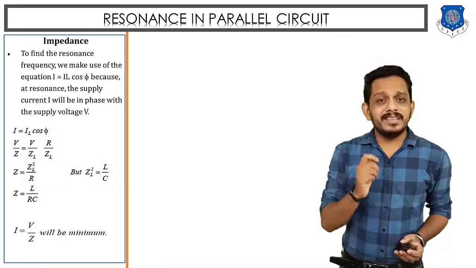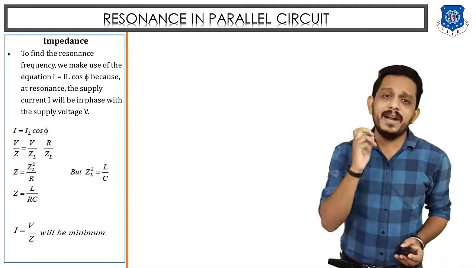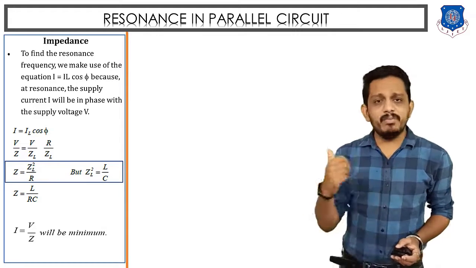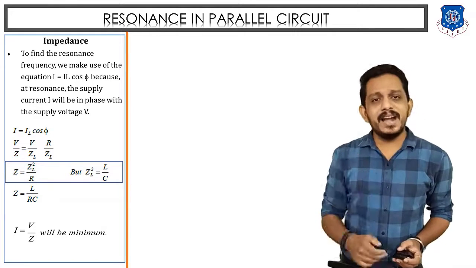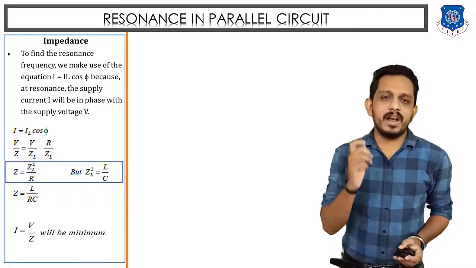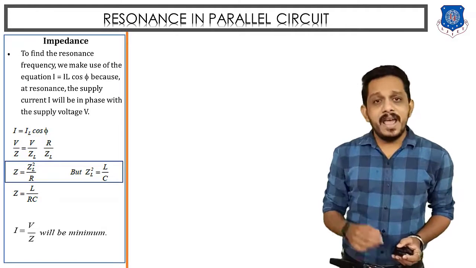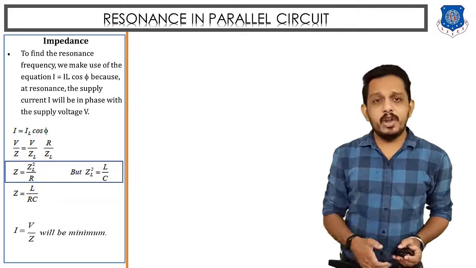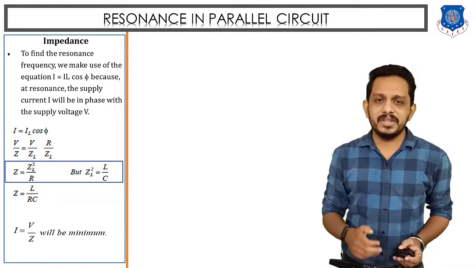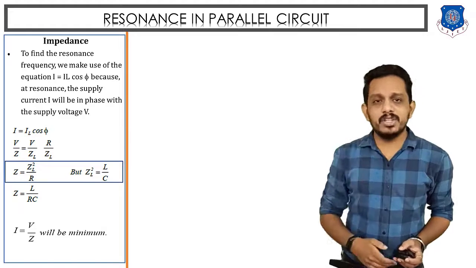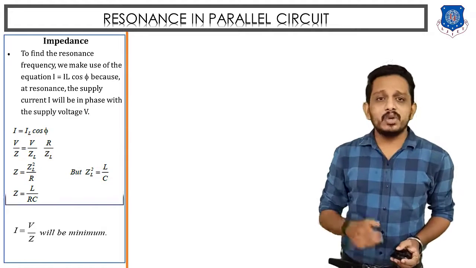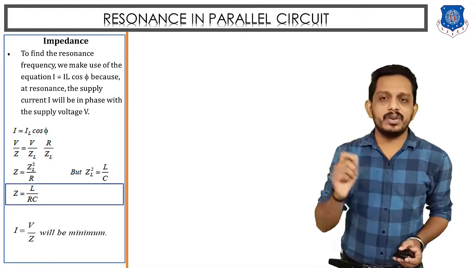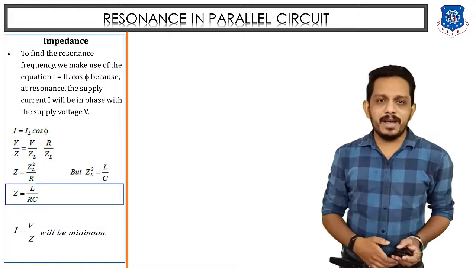We want to find the equation of Z, impedance at resonance. So if we make Z the subject of this equation, then Z is equals to ZL square upon R will be the answer. And if we put the value of ZL square in this equation, the value of ZL square is nothing but L by C. So the impedance at resonance will be L by CR. So this is nothing but the impedance in a parallel circuit at resonance condition, and it is given by the formula